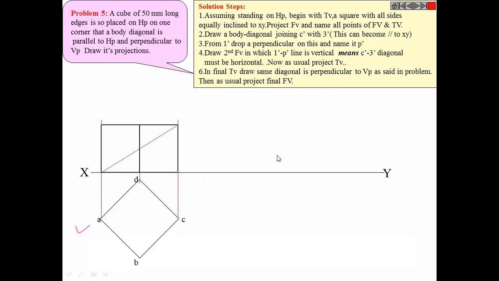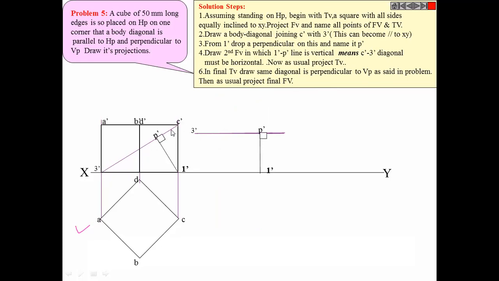Okay, so this much is done. Clear? Now what is the second thing? It is perpendicular to VP. So now we need to make it perpendicular to VP. First we are making it parallel to HP.